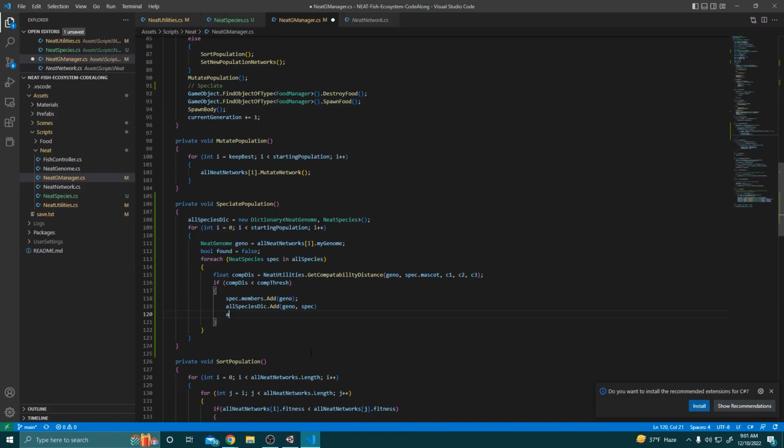And then on networks, set. We're going to have to add a new function to our all neat networks to set the color, or we can probably just do it here. I believe we can do all neat networks dot. I just need to know what the